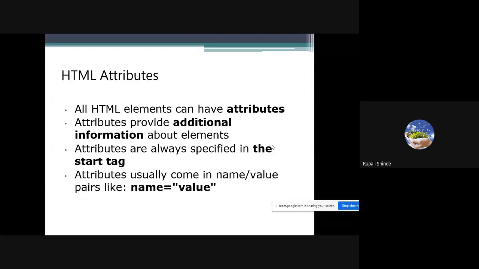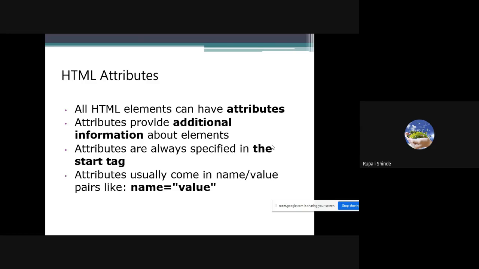All HTML elements can have attributes. Attributes provide additional information about elements. They give additional decoration and additional information about that particular element only. Attributes are always specified in the start tag. Whatever property you mention for that element should come in the start tag.